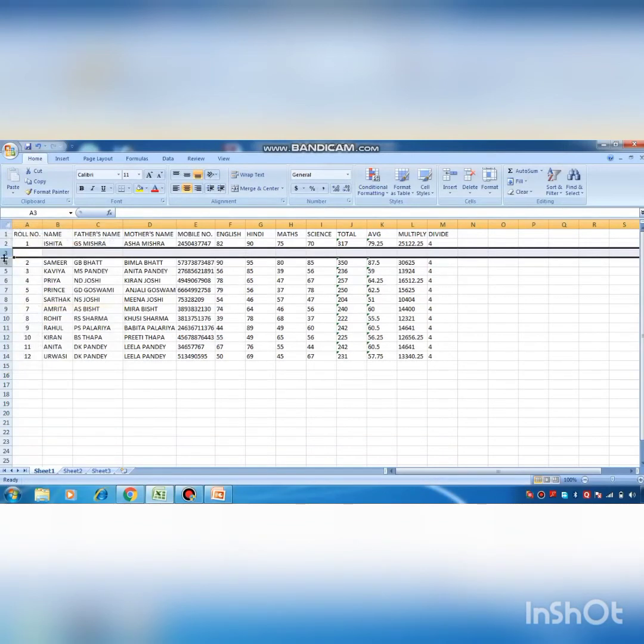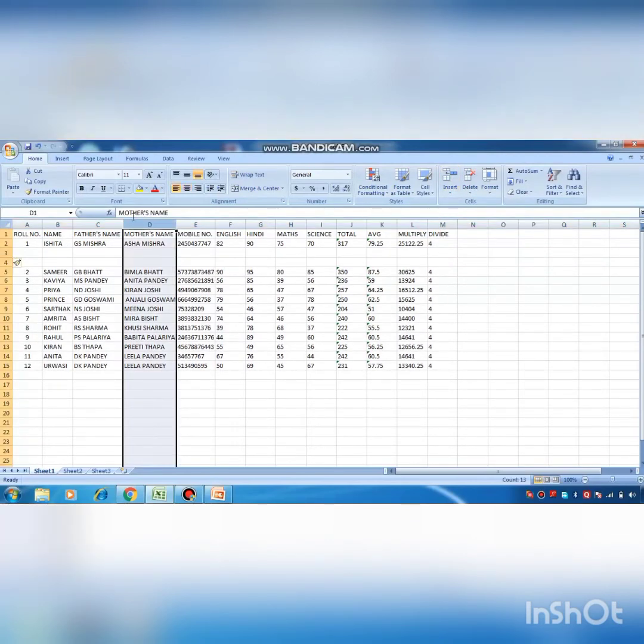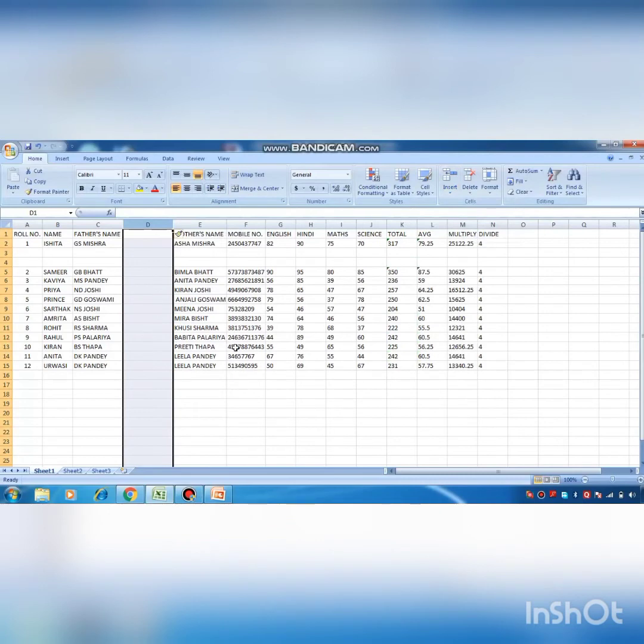Another way is to click on the Cells group under the Home tab, where I can click Insert Sheet Rows like this. And if I want to insert a column, I select the column, and here I can select Insert Sheet Columns like this.